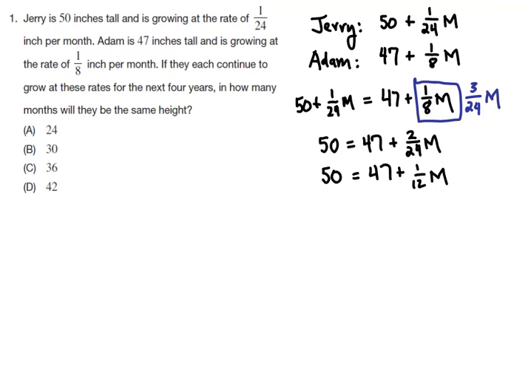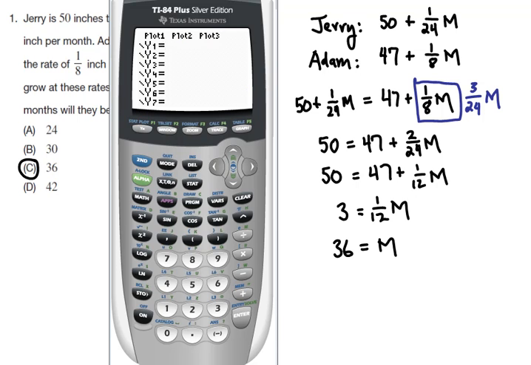At this point I can subtract the 47 from both sides, and I'm left with 3 is equal to 1/12 m. When I multiply both sides by 12, I get that 36 is equal to m, and so my answer would be C. Now, it may be easiest to solve this problem using straight algebra, but if I were going